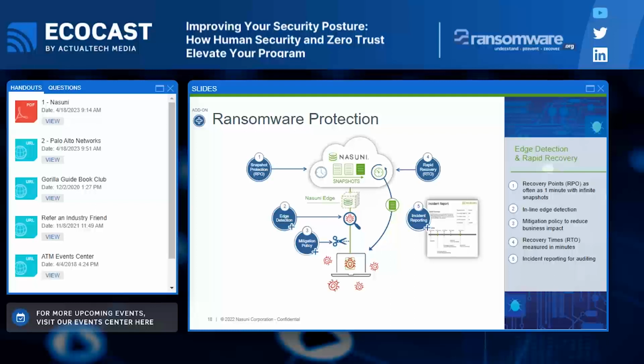And so this is important because this is much more granular than a lot of solutions and a lot quicker. We're not looking at backups after the fact, analyzing them for anomalies. This is continuously looking at what's happening at the edge at the individual file level. And so then if files, you have your incident, you have your notifications and your alerts, people know something's up. But if this continues and more files are encrypted, the mitigation policies kick in.